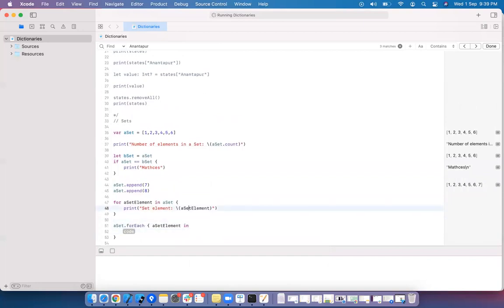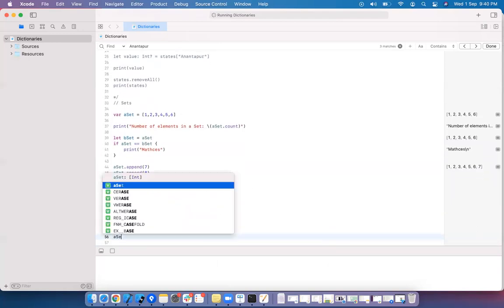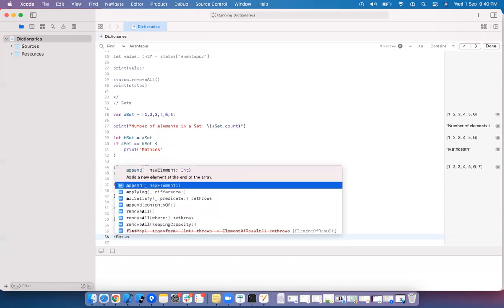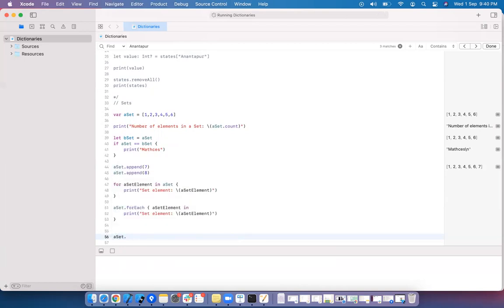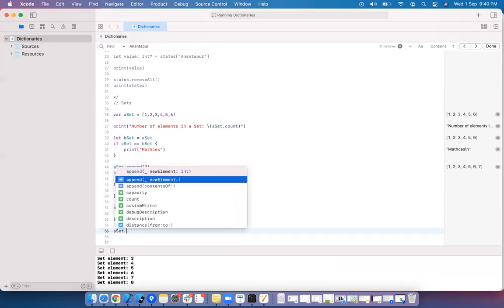A set element. I want to access a particular element. You cannot access a particular element; we do not have any method now. Any object, we used to have any object, but it is not available. And what other operations do we have? You can perform the set operations like union, intersection, subtract, exclusive or, and I want to remove set and see what the different methods it has.